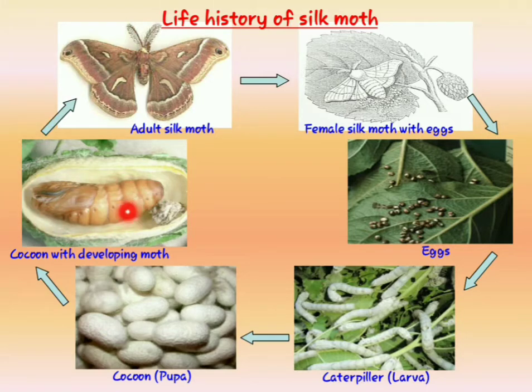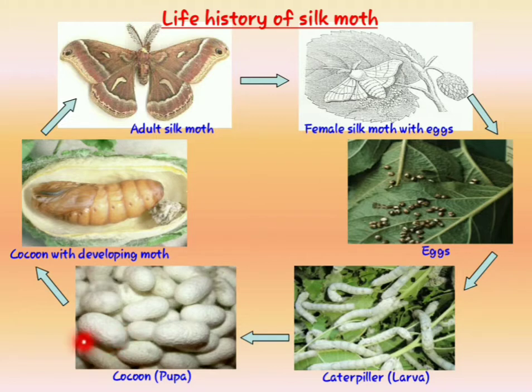And how does it come out from this case? From the mouth of this moth, it will secrete a juice, and that juice will dissolve or cut open this cocoon and it comes outside. Isn't it so amazing to know this? Yes. Actually, most insects, it may be a mosquito or many other insects, undergo these similar stages. What are those stages? Egg, larva, pupa, and again moth. Understood? And also the pupal stage has a protective case. In silk, it is a cocoon.